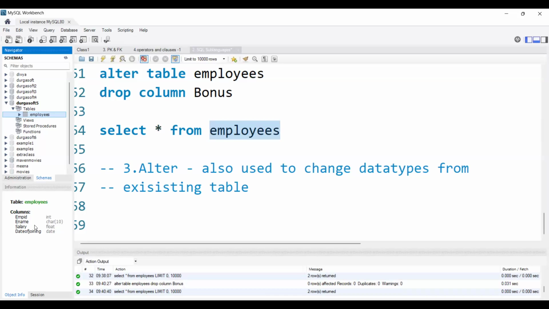Suppose instead of float, someone used int in the salary column. Whenever I'm trying to update any row, if I enter any decimal value in that salary column, it won't allow me to enter it if we use int.